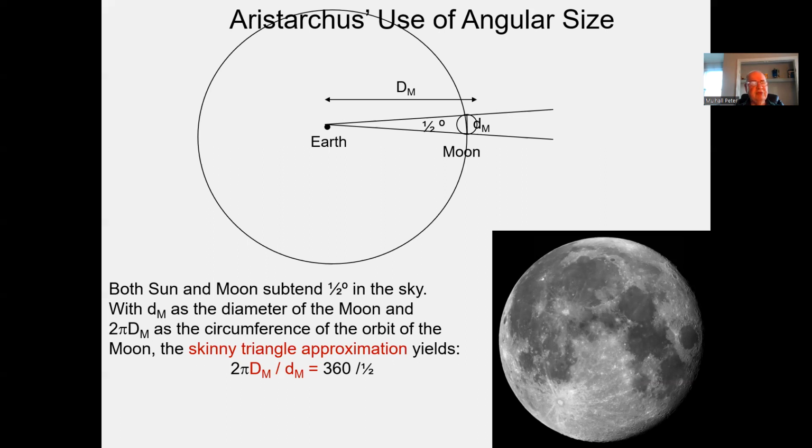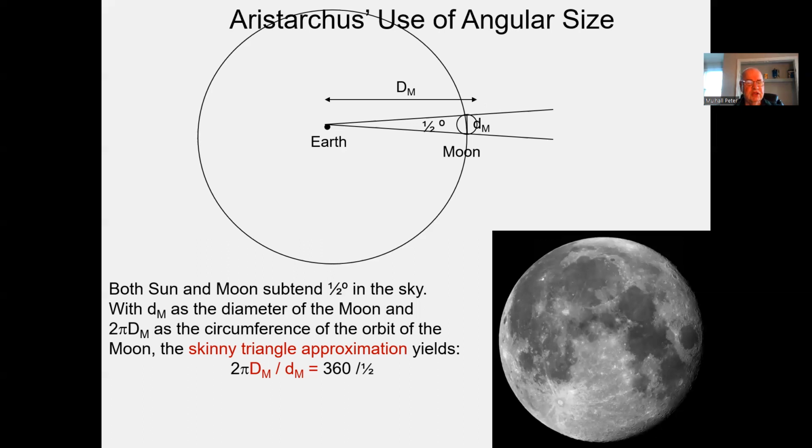In all cases, his geometry is perfect. Some of his measurements are not good, his fault, and some of his measurements are not good, not his fault. He just didn't have the technology to make them. But we'll use the good number of a half a degree,